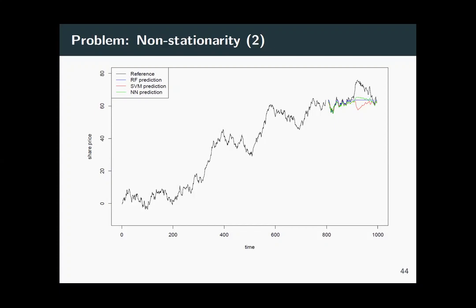And what do you see here? The testing set has values of close to 80. The algorithm has never seen those values in the training set, so it's not predicting them. It's just going flat here. That's maybe a bit of a trivial case, but you see, I think that really